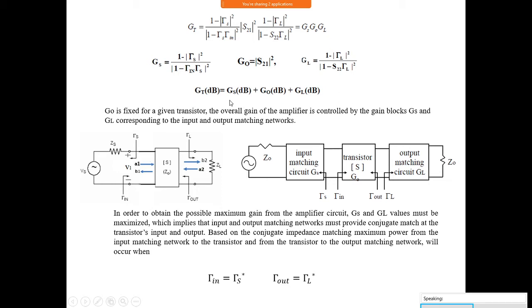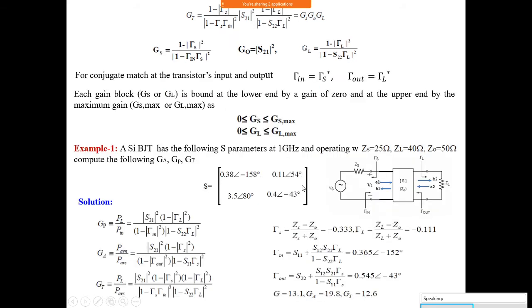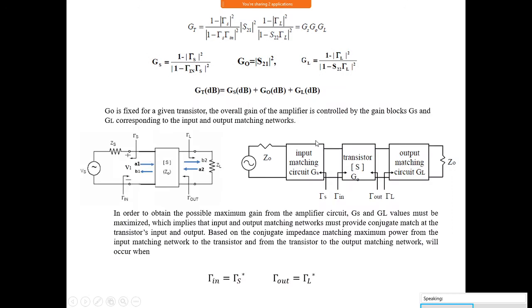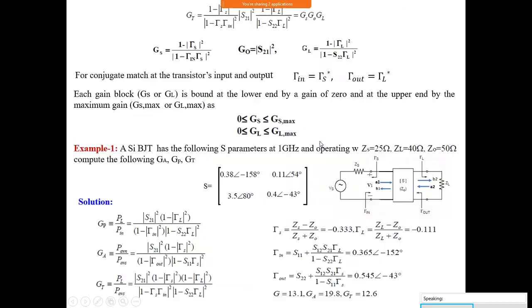So you should find out what the GS maximum and GL maximum are for a given transistor. What is the maximum value of GS and GL you can get? That we have to calculate first. So that is here. You see here, GS maximum and GL maximum. GS is bounded between 0 and GS maximum. Similarly, 0 and GL maximum. Okay. So the expression for GS maximum is